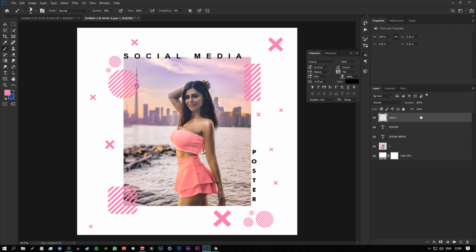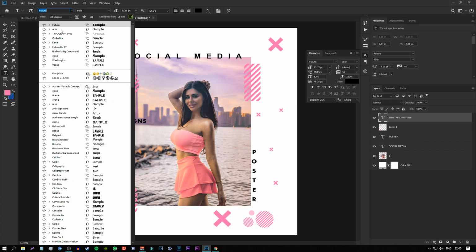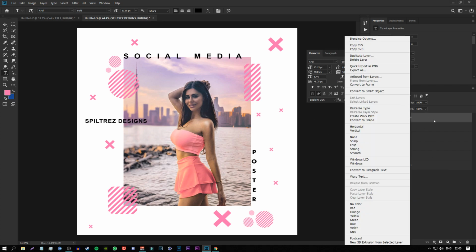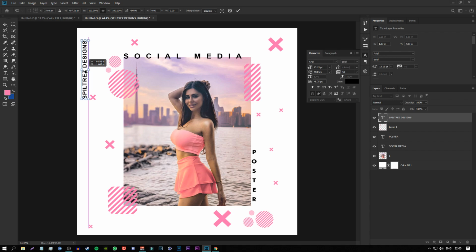Now I'm gonna make another text. So let's say I'm gonna type in SpilTrez designs. I'm gonna change the font, and I'm gonna change that to 90-degree counterclockwise. Bring it up in the